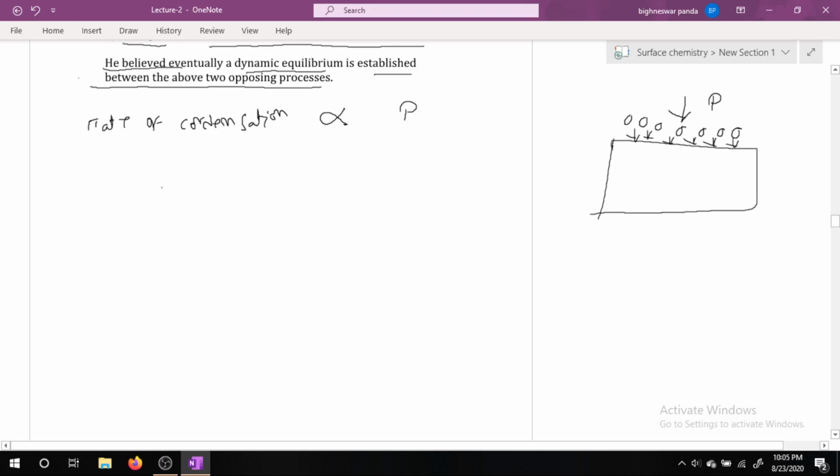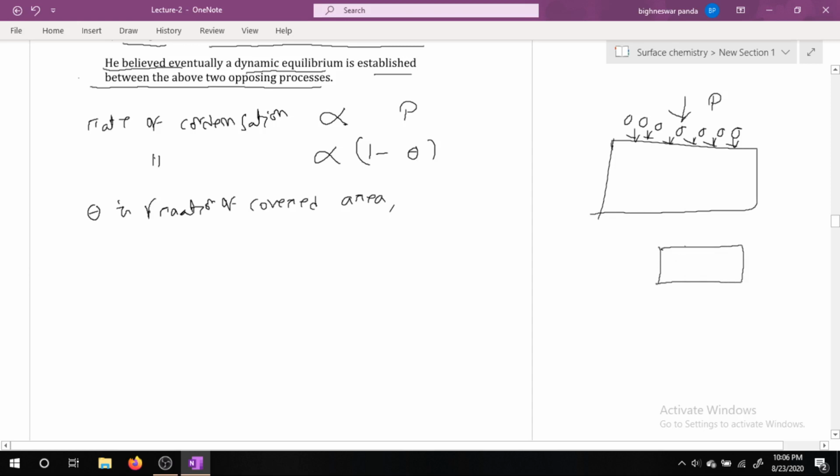Again, rate of adsorption is directly proportional to 1 minus theta. Now what is theta? Theta is the fraction of covered area. That means